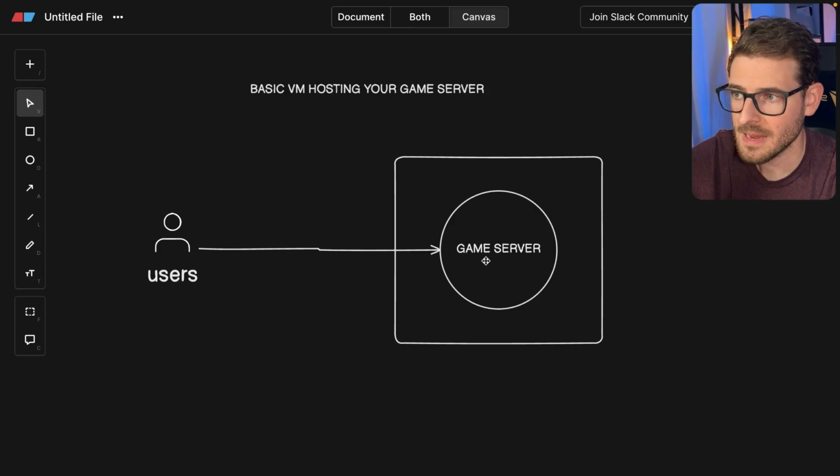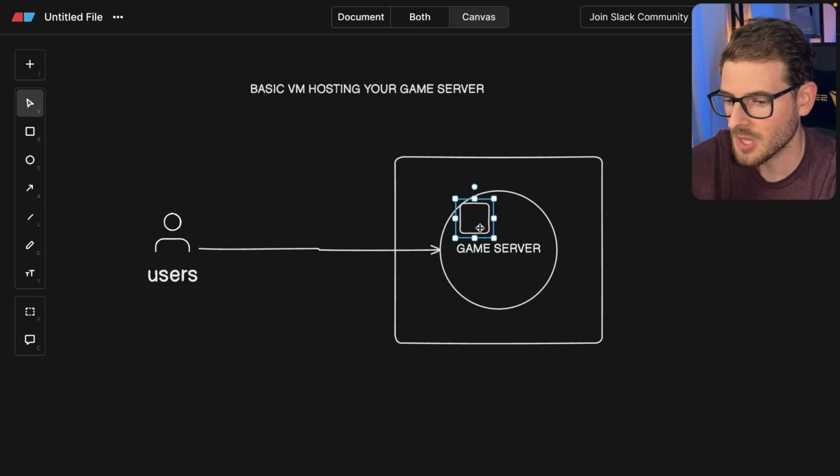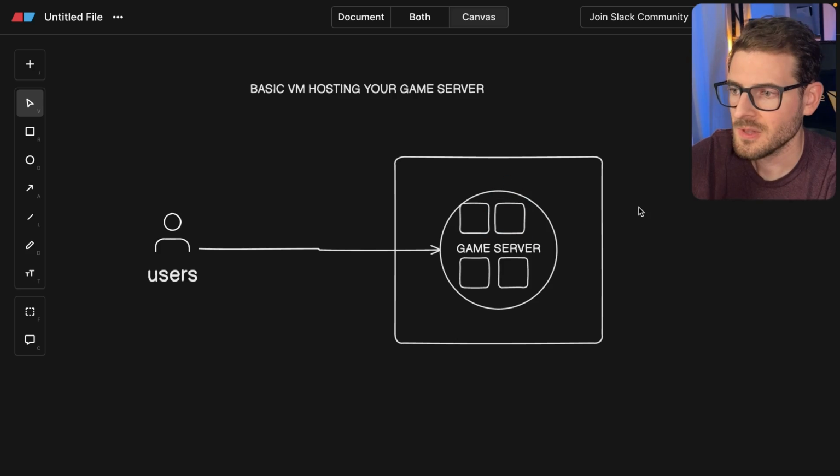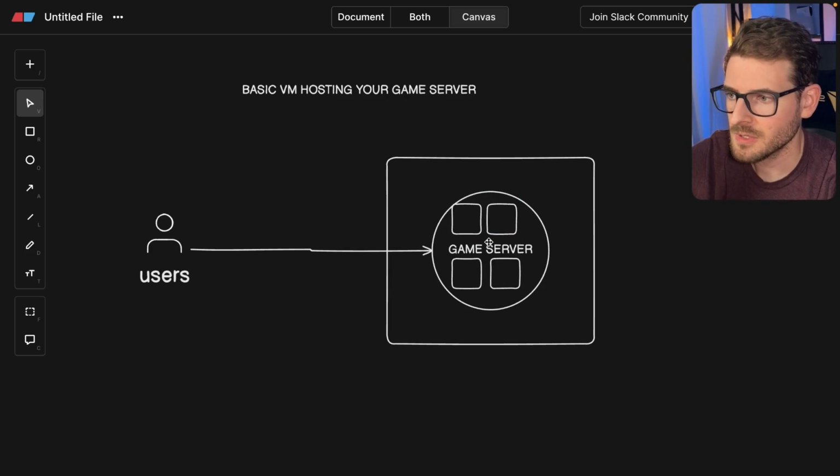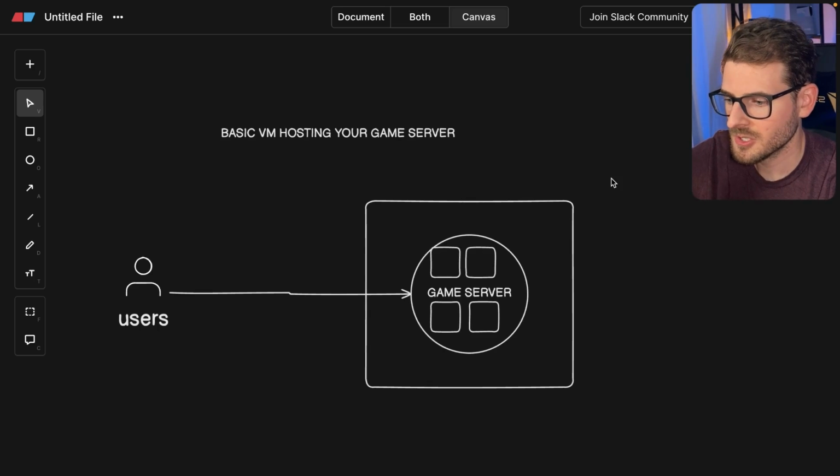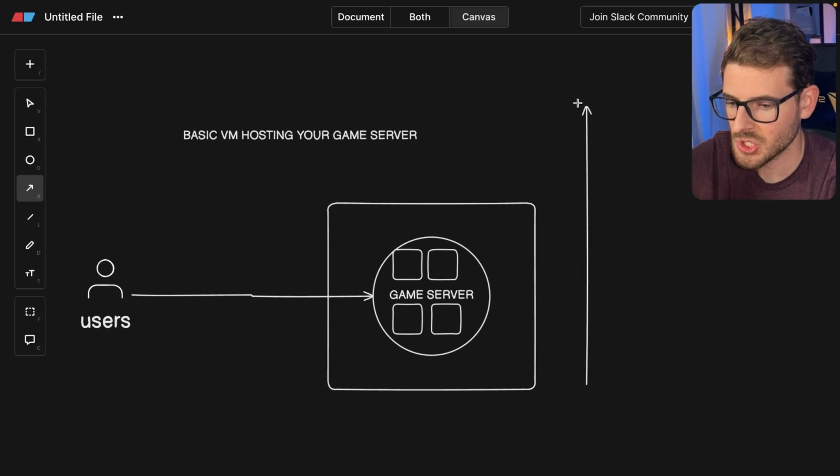Now you can make your game server very robust. You could potentially add logic to support multiple game rooms. At some point, you're going to hit limitations. Hosting your game server is going to eat up memory and CPU usage on the machine, right? You can't just have an infinite amount of game servers running on this machine. Okay? So if you know anything about servers, the first thing that you can do to potentially increase how many things you can handle is vertical